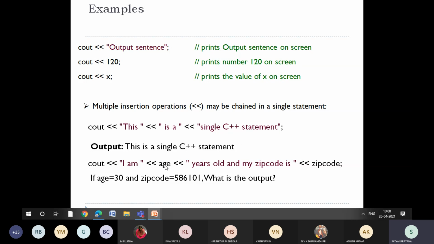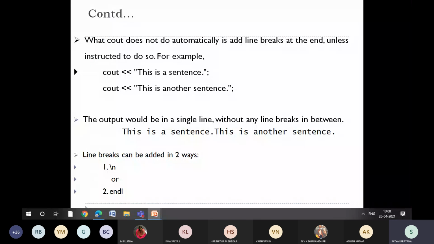How do we identify it is a variable? Because there are no double quotes. When you are calling values and variables, there is no need for double quotes. Let us assume age equals 30 and zip code is 586101, then your output is: I am 30 years old and my zip code is 586101. Like this, we use the cout statement.